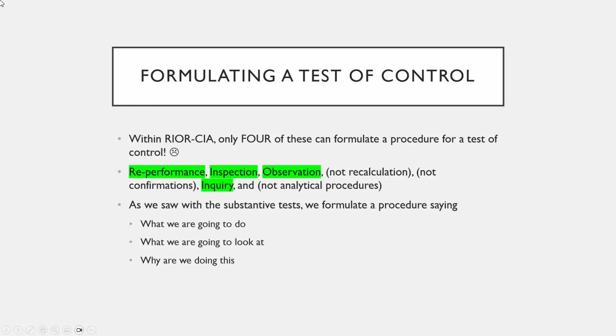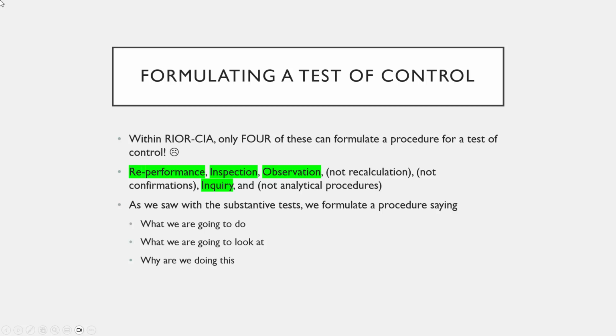Inquiry, again, is one of the least persuasive forms of audit evidence. Why? Because inquiry on its own doesn't stand. Someone can lie. It's just like observation. On its own, it can't stand. Because someone can just say, yeah, we do it. Or someone can just do an action when you are there at that point in time just to show you that it's being done. But we need to make sure that the control is operating effectively throughout the whole year and not at a